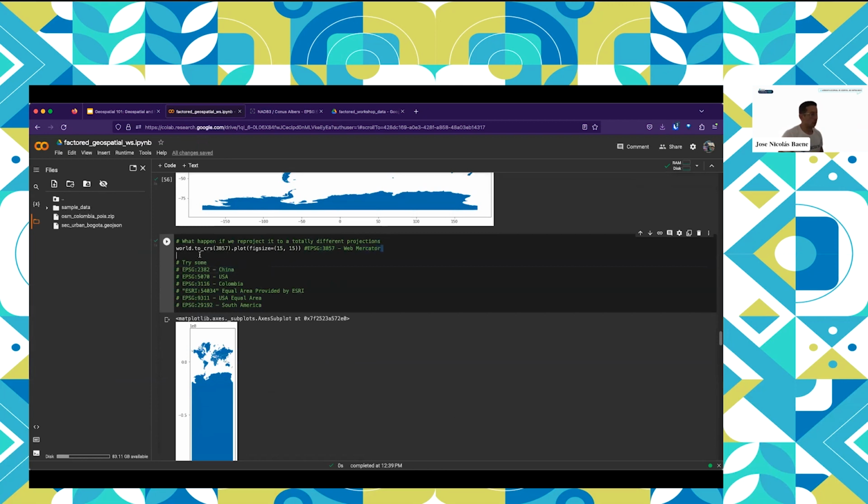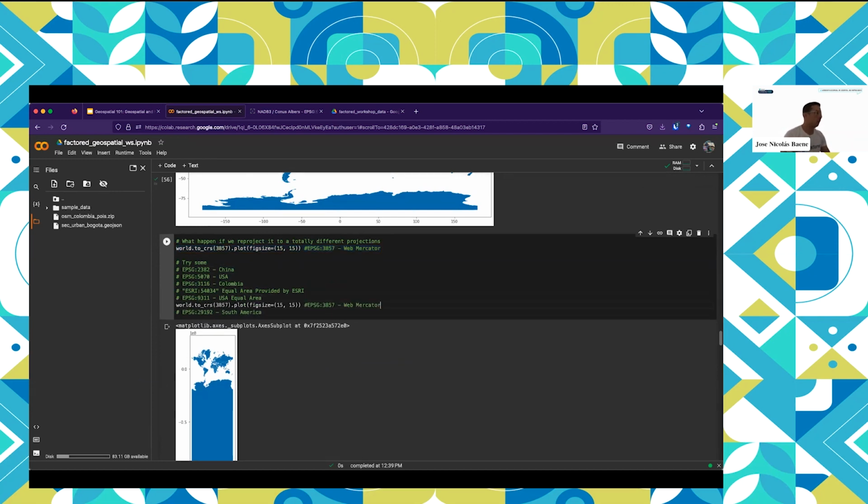And just as an example, and because of time, I will try to do one more, and I will leave you these examples, and you go and try to plot the world using local reference systems. These are local reference systems. So for China, USA, Colombia. So you will get very interesting results. But I wanted to show you this one, which I think looks very cool.